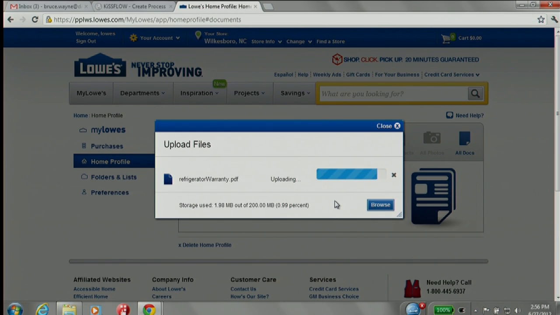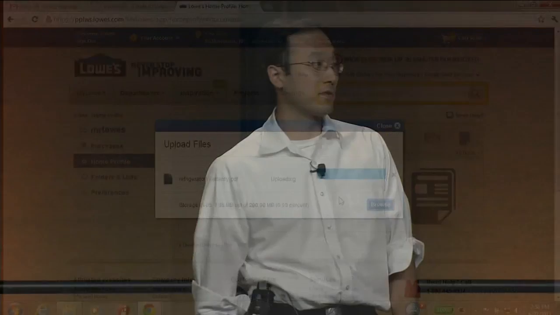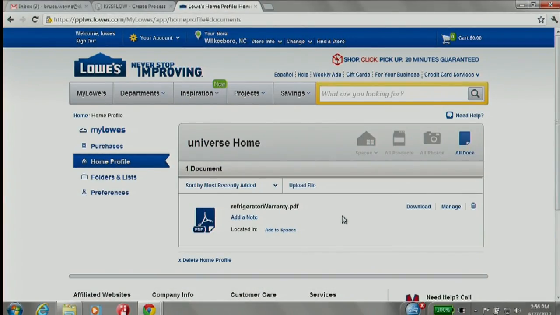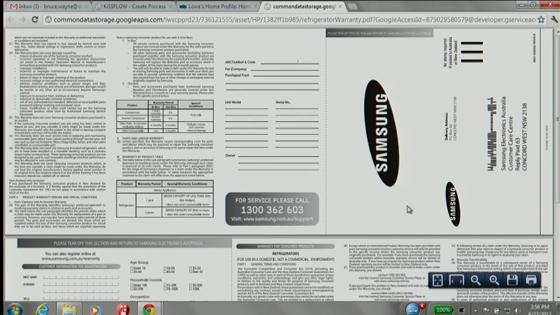So we're giving users up to 200 megabytes of storage space with file sizes ranging up to 20 megabytes. So now you have the document uploaded. If you ever need to refer to it again, you can simply click the link and it should show up. Download right there. And there's our warranty information.